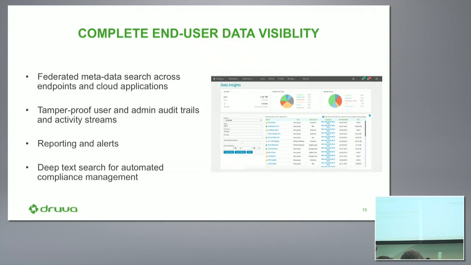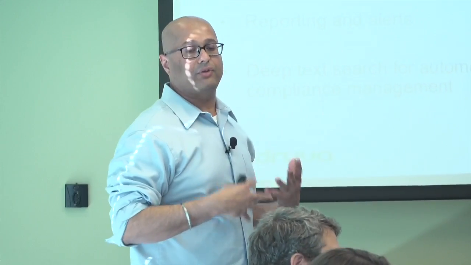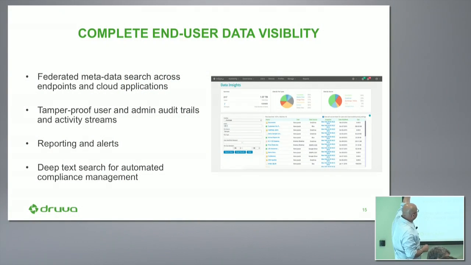Okay, so in terms of discovery, as I had mentioned earlier, we have the ability to monitor and make the data visible to the IT administrator irrespective of where the data resides. And so you have metadata search capabilities. There are user and admin audit trails which are tamper-proof. Naturally, there's a stream of all this available to the IT administrator. They can search for who is modifying what file, who is doing what in the organization, and that's all tracked. There are reporting capabilities and deep text search capabilities in the product to help for proactive compliance,